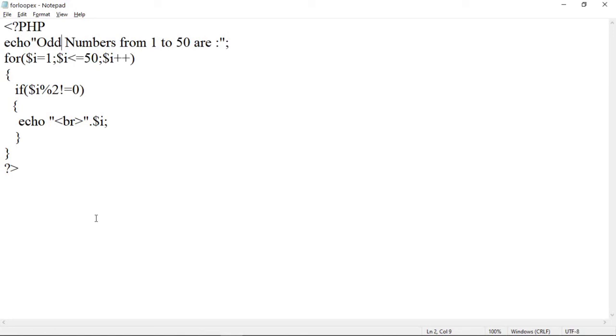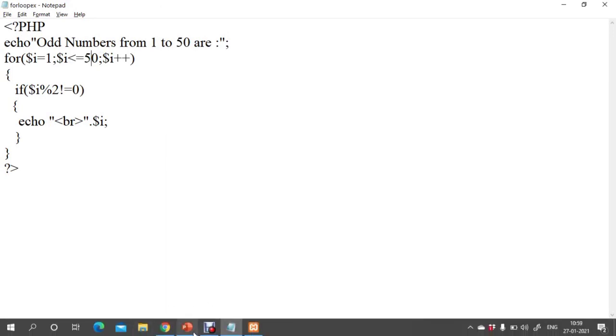So note down this program. Note down a simple program also to print the values from 1 to 10 or 1 to 50, etc., to print the odd numbers, even numbers from a certain range. Here you can change the range of numbers. You can print the values from 1 to 100, 1 to 1000, etc. So in this way write any program using a for loop, if else statements in the PHP language.